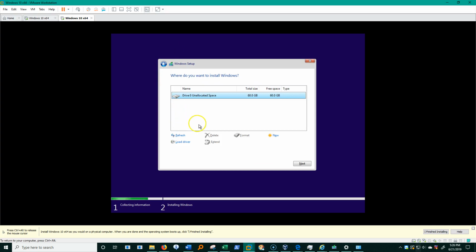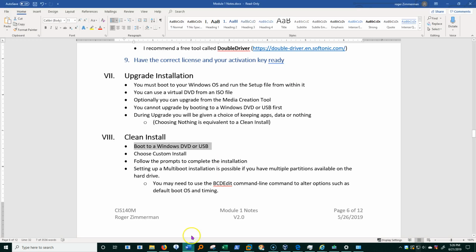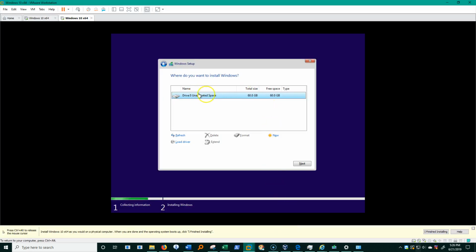I want to choose custom install, and then I have the drive that I want to install it to. I can also set up a multi-boot installation, by the way. And I want to go back here again, and you notice that I've got one disk available to me. Now this is on a virtual machine, so it's a 60 gigabyte drive. But if I were to have a second drive, and let's just make, say, a 30 gigabyte drive here, so that I have a second drive, I could install one of them on this drive and one of them on this drive. Right? So that was megabytes instead of gigabytes.